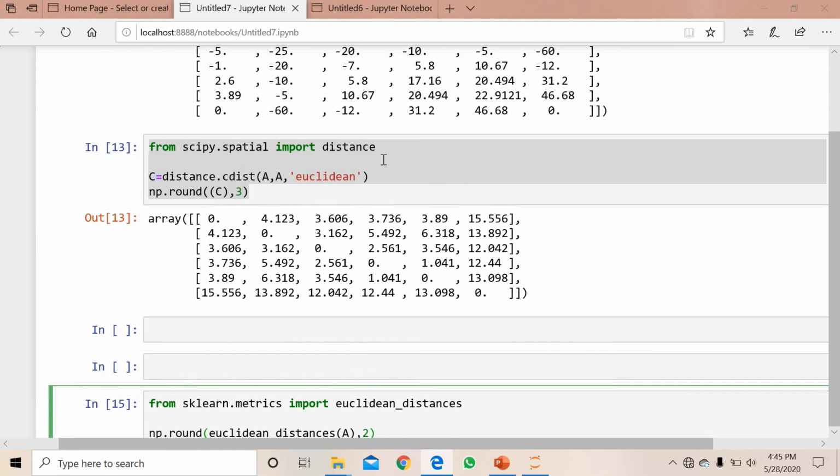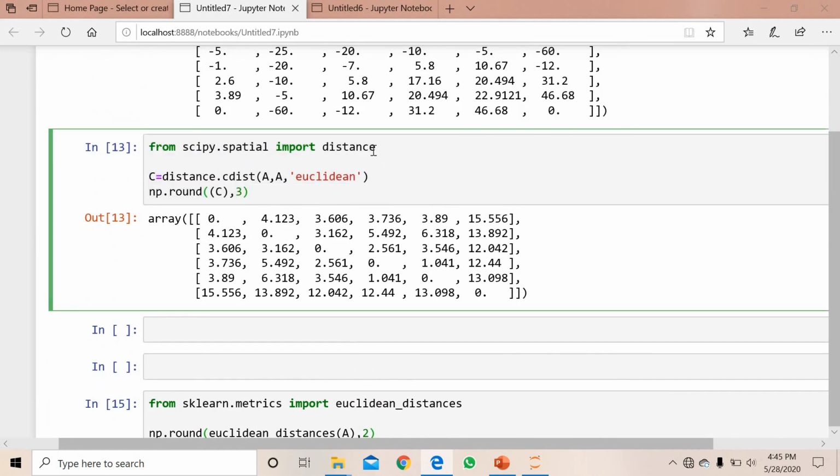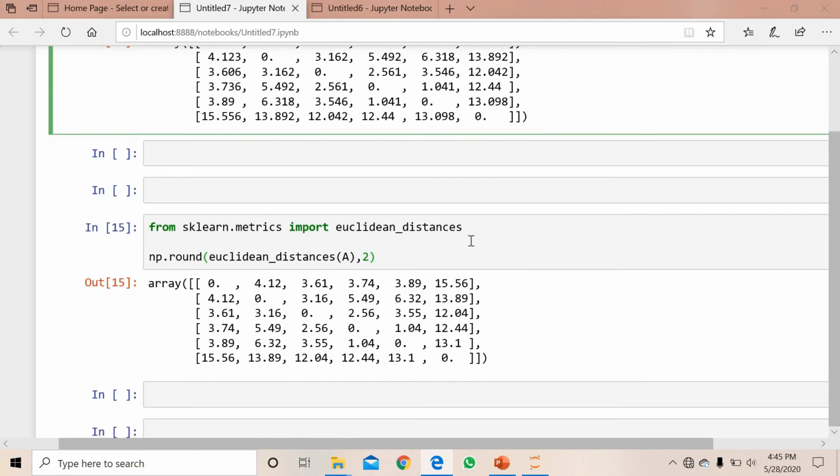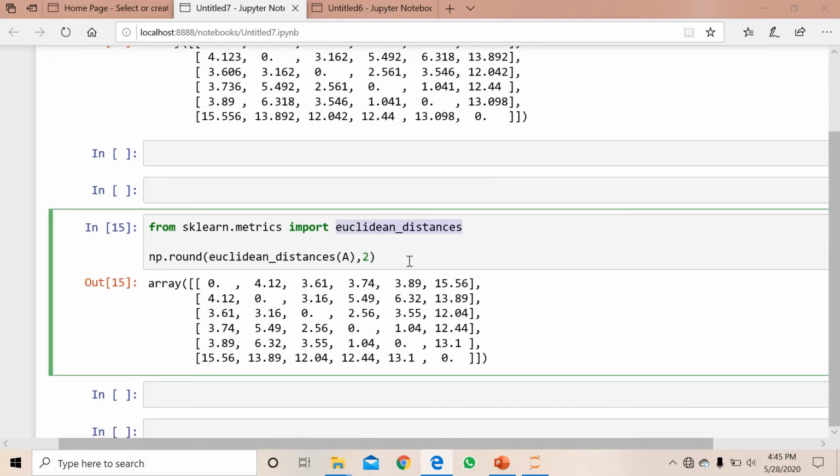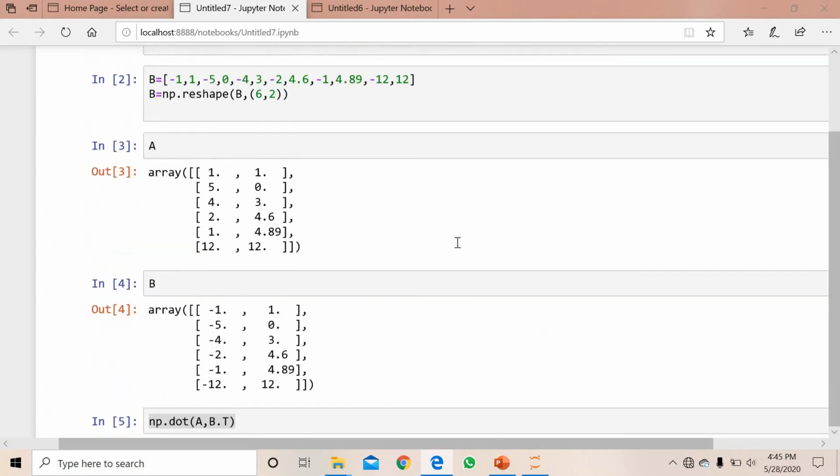These are the two libraries that we need to call while calculating the Euclidean distance. Here in cdist I'm passing the two matrices, the same matrix, and you choose which distance you want to calculate, Euclidean or something else. So I have passed Euclidean over here, and here as well we are passing the Euclidean distance. Hope this makes sense, guys.